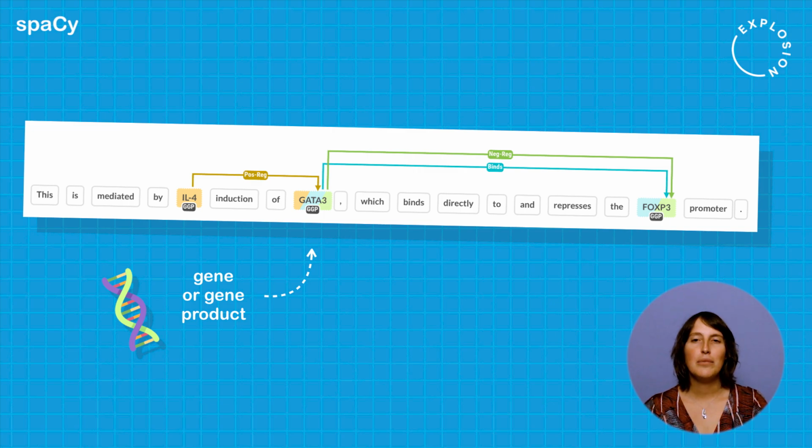There are three entities marked as GGP, which stands for gene or gene product. We can annotate different relations between these entities, such as binding and regulatory associations. In the remainder of this video, we'll assume that we have a named entity recognizer in place that detects the entities, so we can focus on the relations between them.